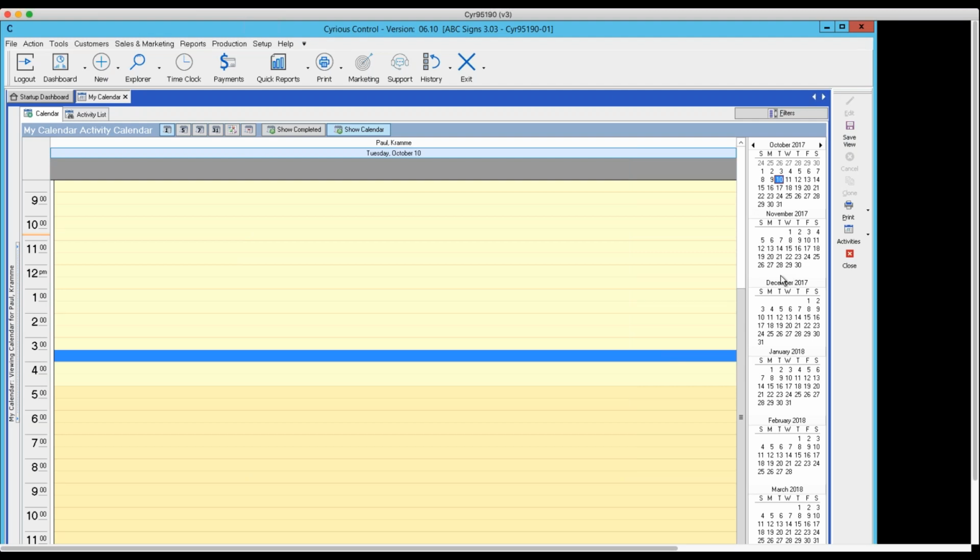Common things that the activity manager is used for, obviously, are scheduling meetings. Secondly, scheduling appointments with customers. It might be sales-related appointments with customers. The activity manager can also be used to schedule production people. It can actually be used to schedule equipment. That's beyond where I want to go here. But the activity manager is a quite powerful tool,